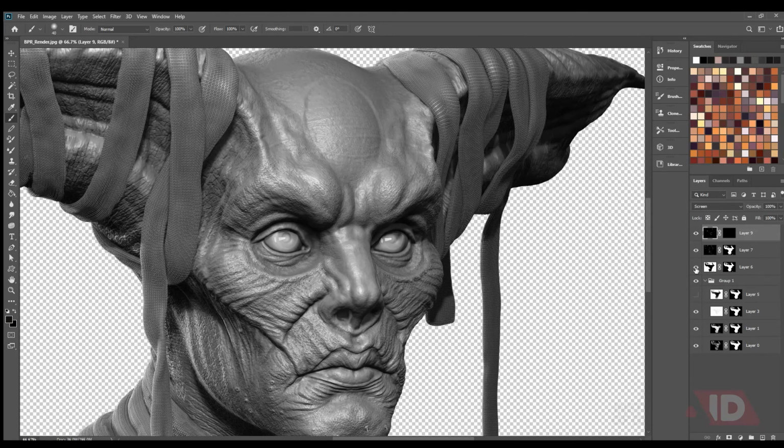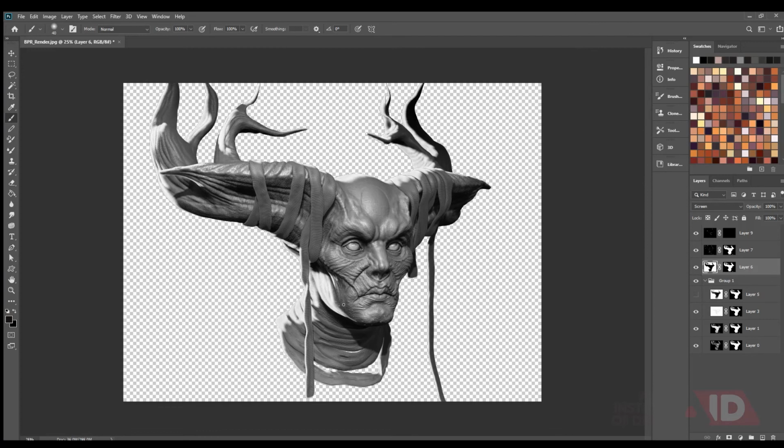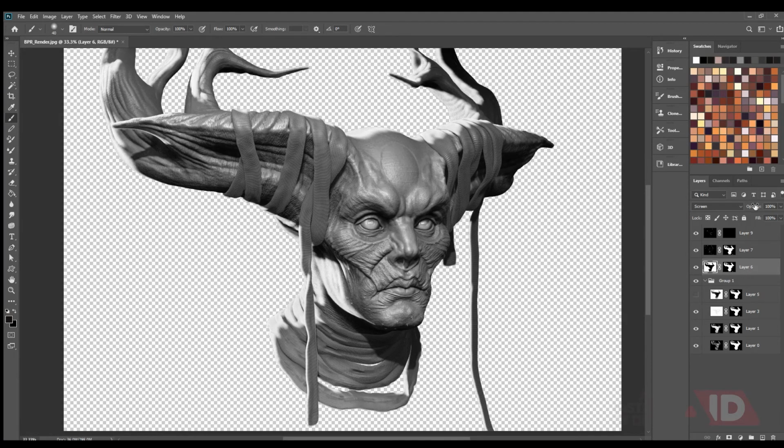And this highlight is nice, but it's way too prominent. So what I can do is I can reduce the intensity.